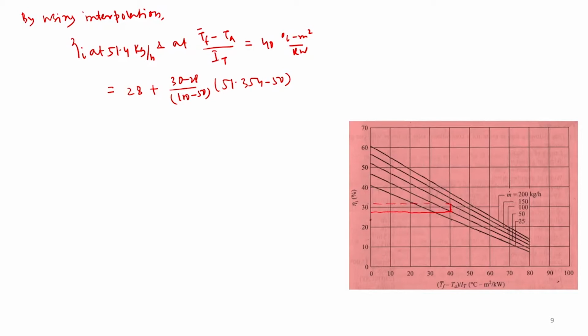Okay. So, this is for 25, 50, then we have 100, and this will be about 31.5 something. Okay. So, if we do the calculation, it is about 28.05. Okay. So, that much of instantaneous efficiency we will get. And once we do this, then what we can calculate, we know